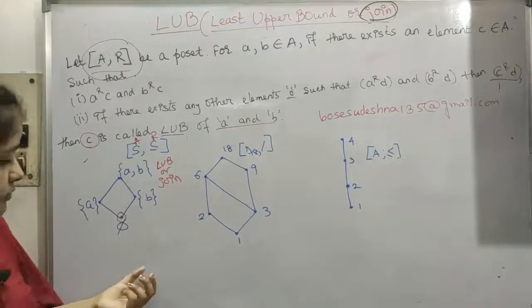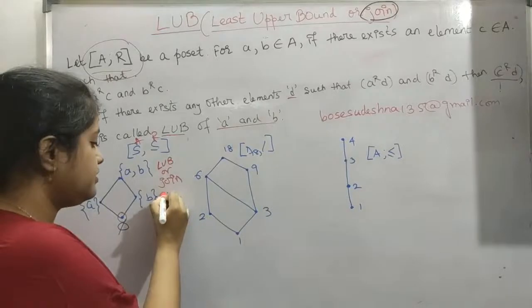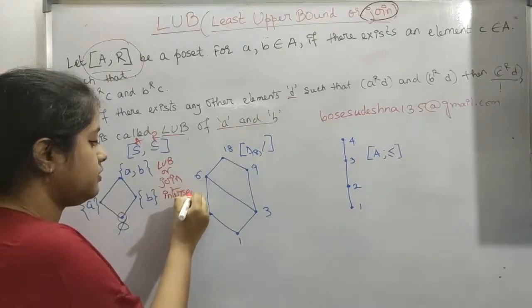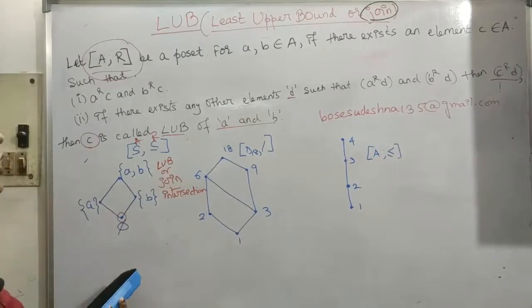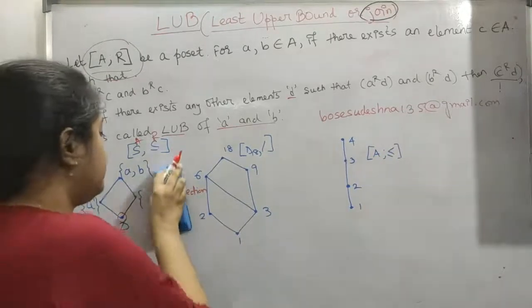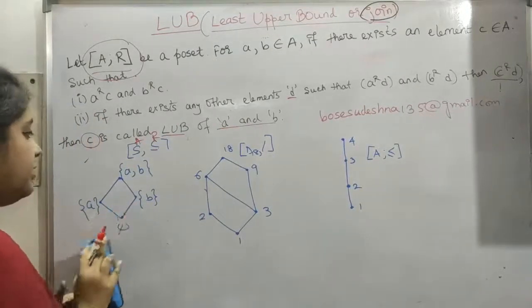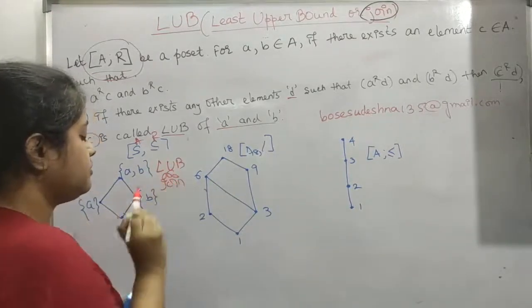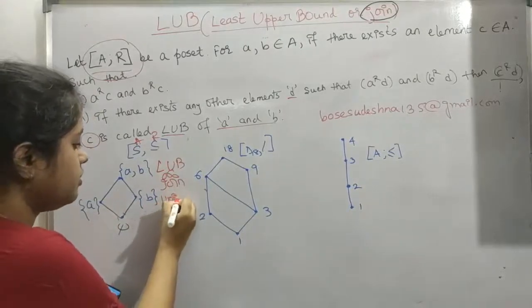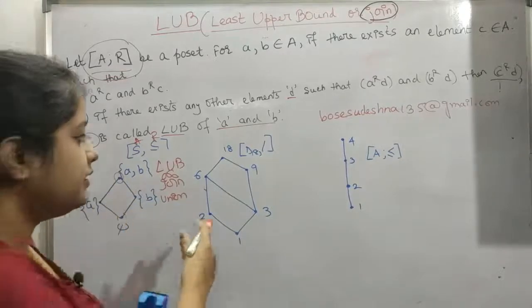So now LUB or join, this is basically intersection of all this. So intersection is 5. Oh sorry, this is LUB, I was thinking GLB, sorry. I'm just thinking something else. It is not LUB or join, I was thinking GLB. So this is union of all this. So union of this is this point AB.